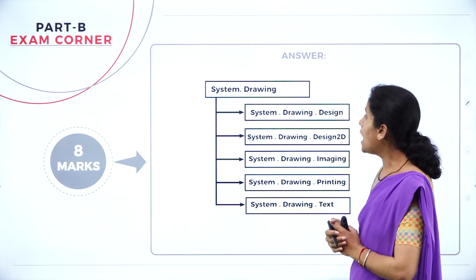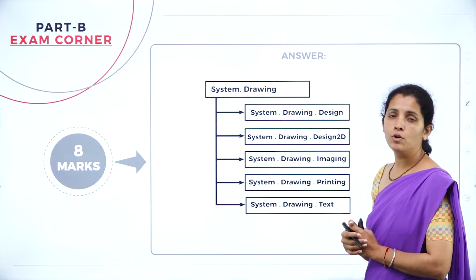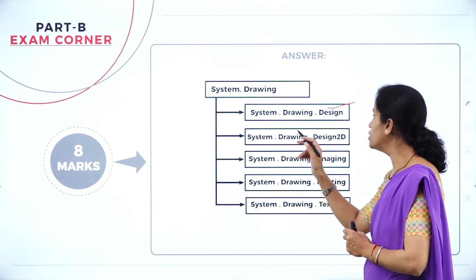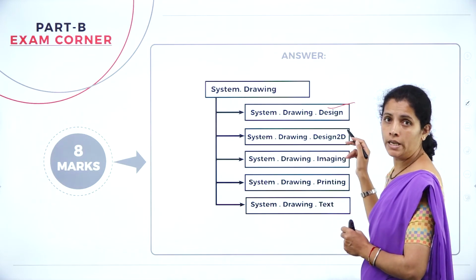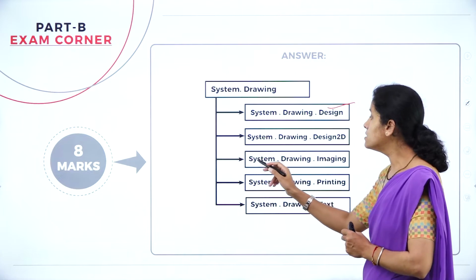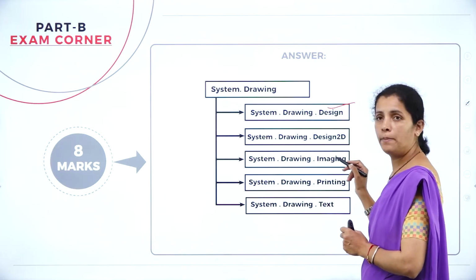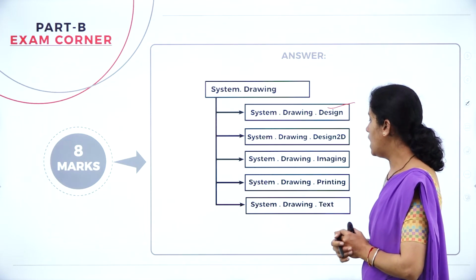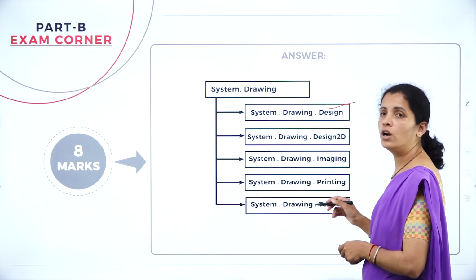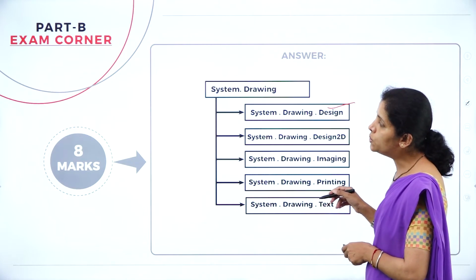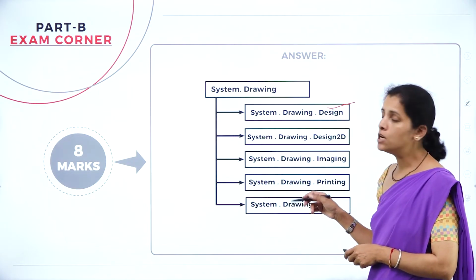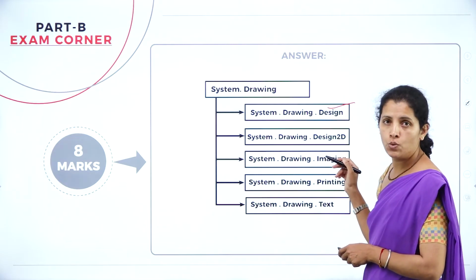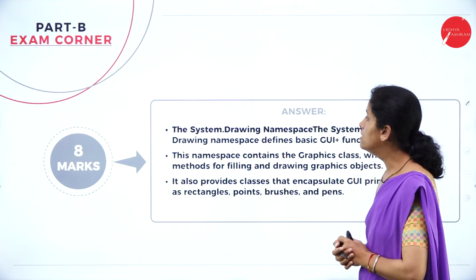Under this, I'm going to have System.Drawing.Design, System.Drawing.Drawing2D, that is 2-dimension, System.Drawing.Imaging, System.Drawing.Printing, and System.Drawing.Text. So dear student, it carries 8 marks. So you have to elaborate any 3 GUI. For example,